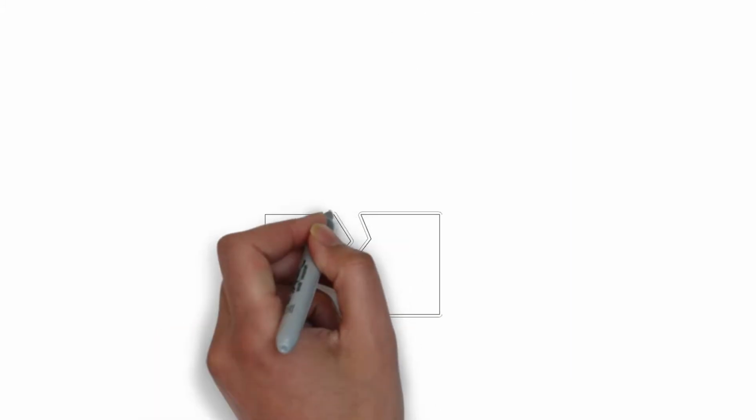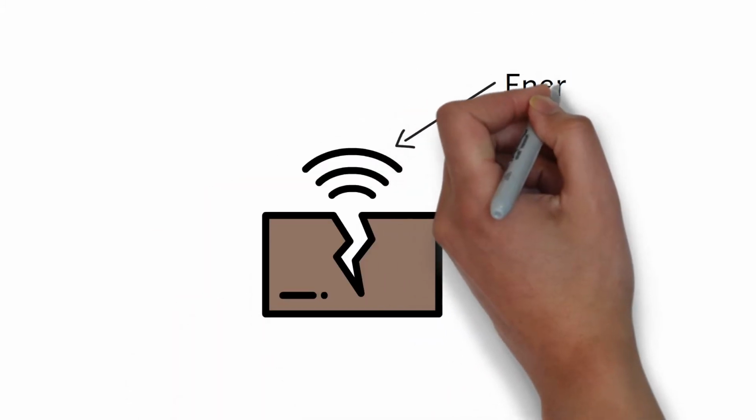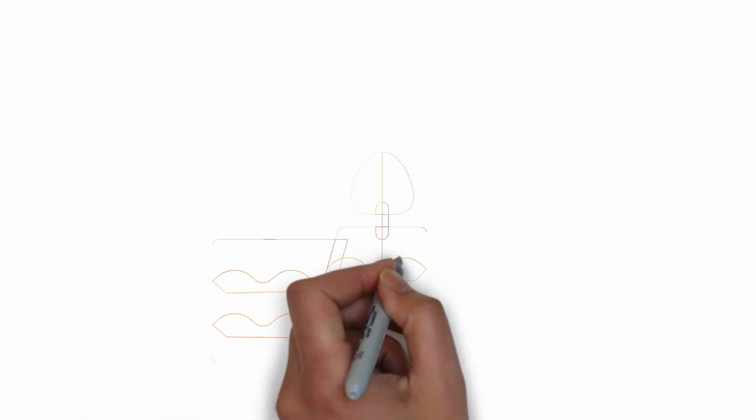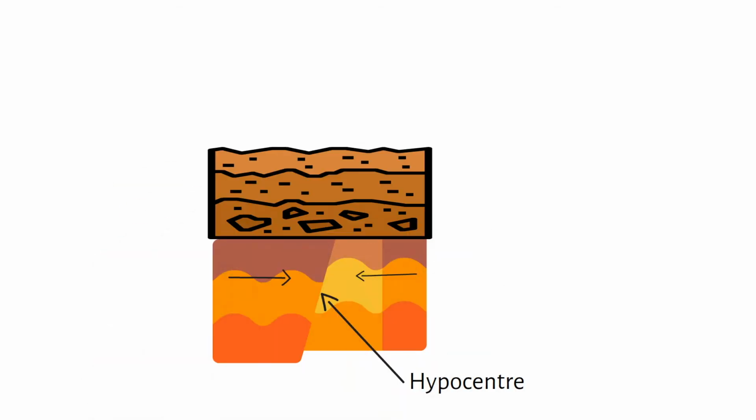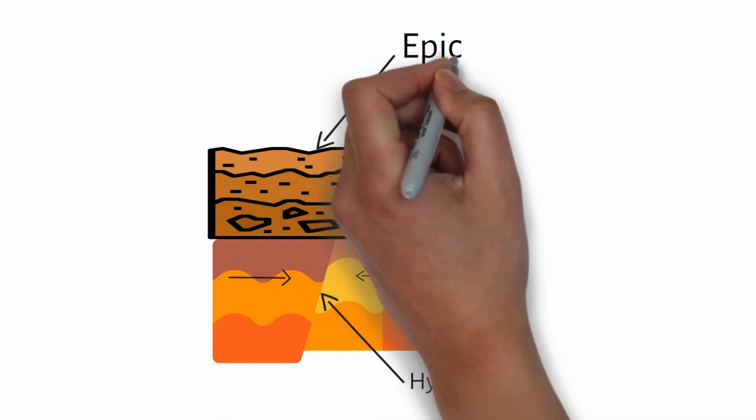Next, let's understand what an earthquake is. Earthquake is caused by release of energy at a fault. In the Earth's interior, rock strata that is locked together tend to move and slide past each other, causing a release of energy at a point called focus, which is also known as hypocenter. This point on the Earth's surface is called epicenter.